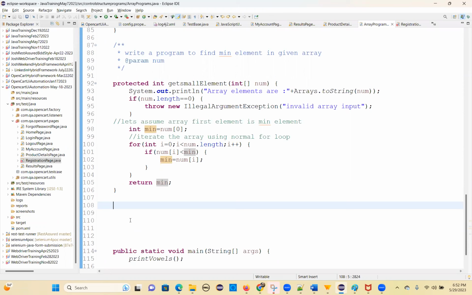Okay, so I want to find the duplicate elements in a given array. How can you find duplicate elements in a given array? It can be a string or an integer array, just a small change. So how can you do that? Let's go and